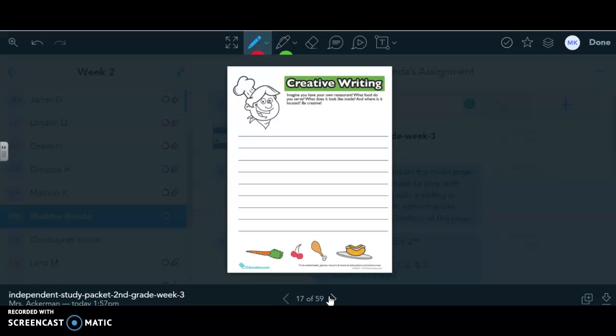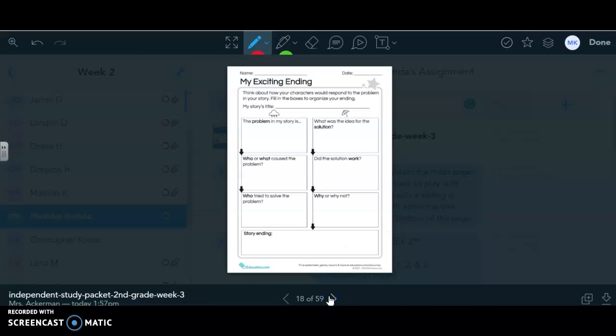You do not have to finish it, or you do not have to do this one if you don't want to. I think out of the other ones for day 1 and day 2, this one, day 3, is probably you're going to have to do a little bit more thinking on your own, which is fine. And then it also has my exciting ending. So it comes with this one too.